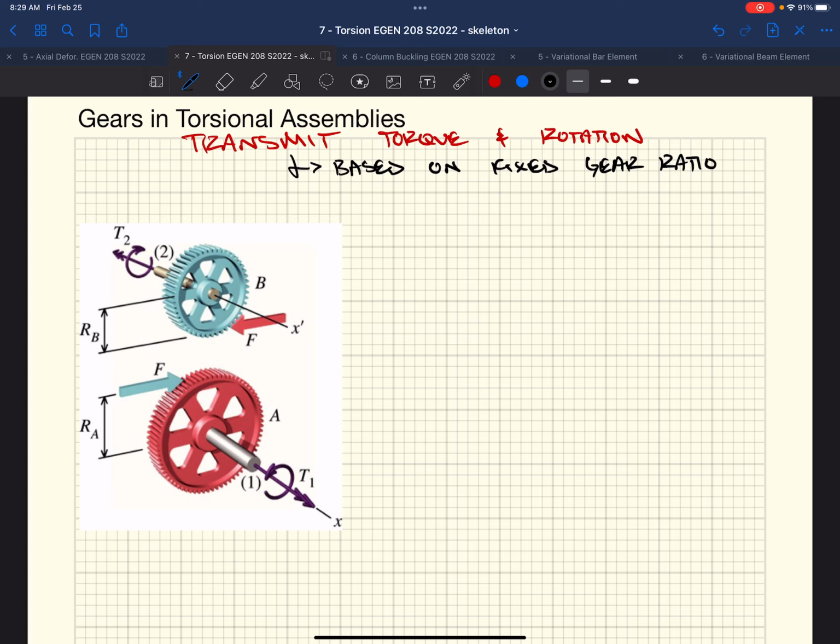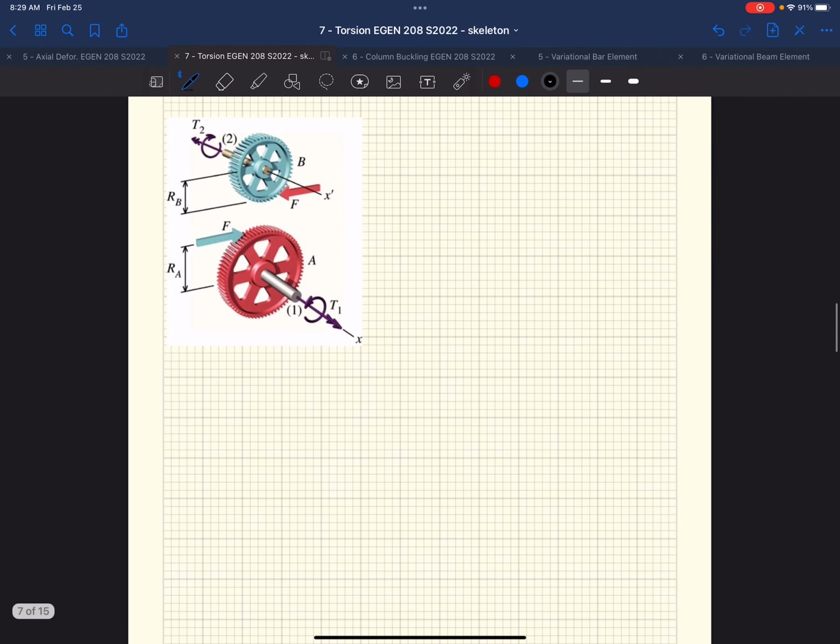This setup would look, if we looked at it in plan view, if we had gear B and gear A,